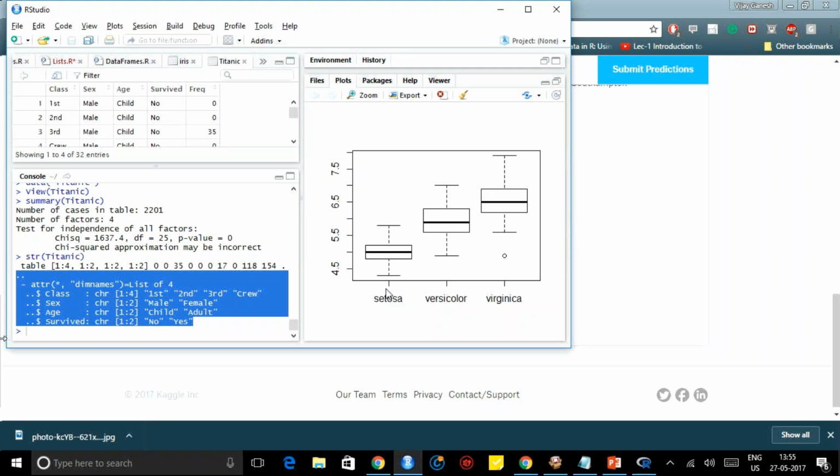First, take only the class and see how much people survived. These are matrix, right? Similarly, you can see. Keep x-axis as class, and y-axis as whether he survived or not. See how many people have survived in first class. So with that, if you do, that is the first step in machine learning.